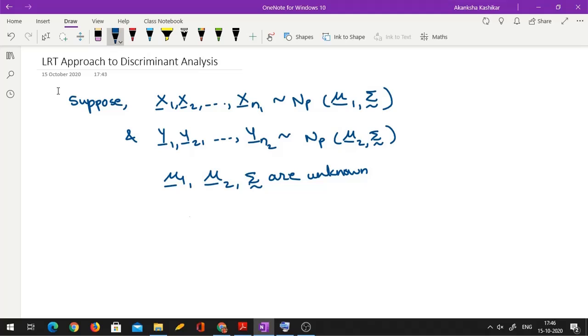And we have a new observation z which follows N with some unknown mean, let me call it mu z, and